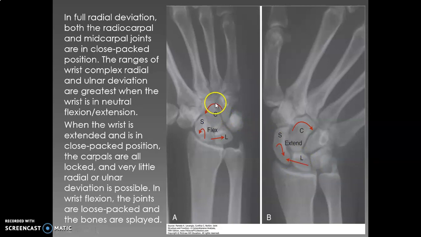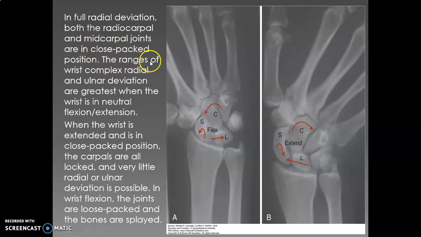See the capitate here. The capitate is what we call a keystone. So here the capitate is moving towards the radial side in radial deviation. In ulnar deviation, the capitate is moving towards which side? Towards the ulnar side. Then which bone do you have after the capitate? The hamate. So it is pushing on the hamate, and then the hamate is coming up above the lunate bone also, you can see now.